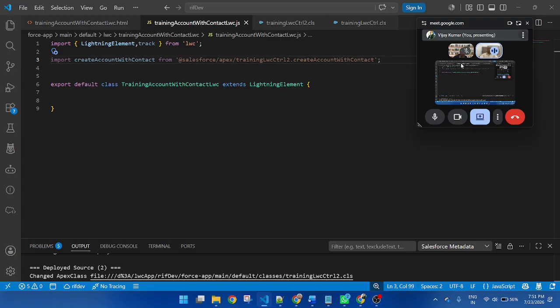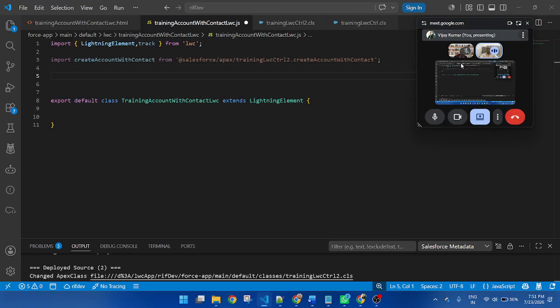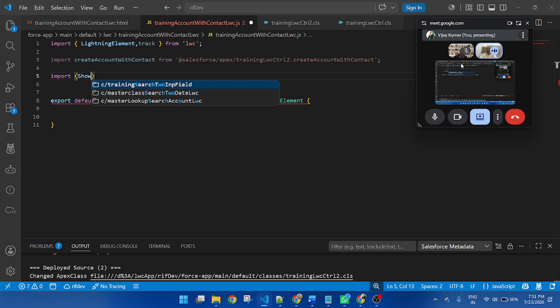If you want to display a toast message once the record is created successfully, I want to display a toast message. So import ShowToastEvent.